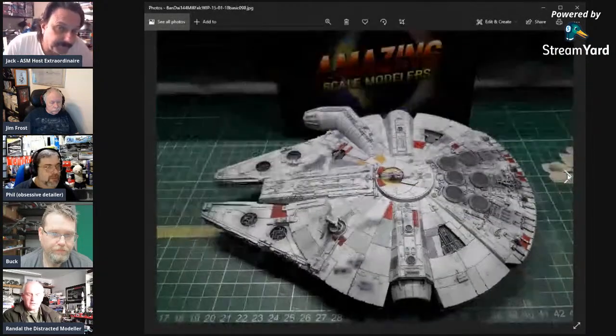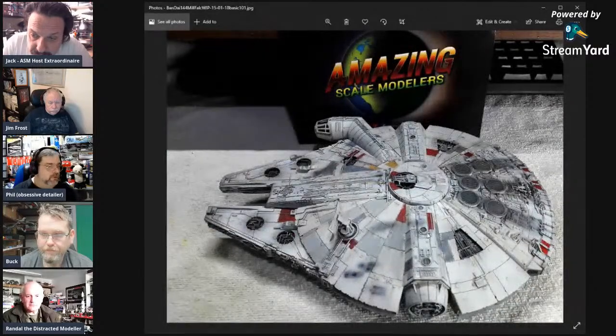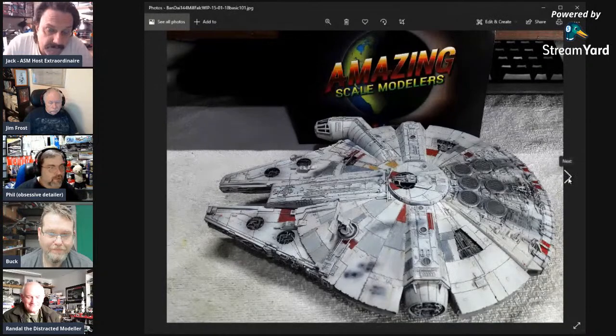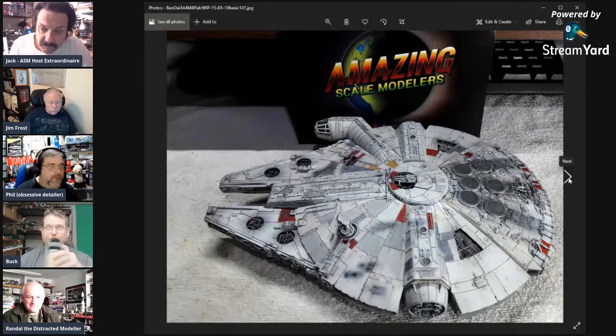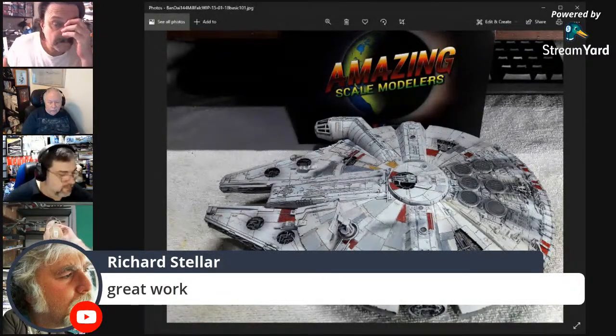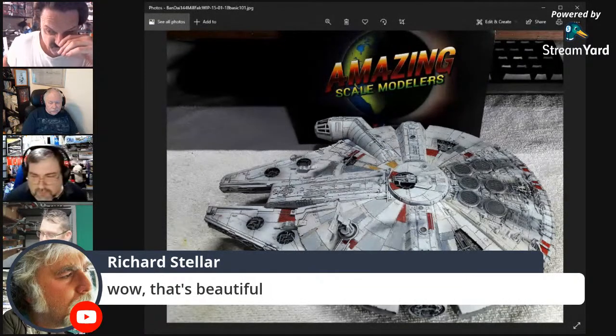Yeah. And basically, as I say, then the whole thing was weathered up. So there's some Starship weathering. I kept it more subtle. A lot of people tend to very heavily weather the Millennium Falcon. But I just kept it to sort of grubby patches, and I thought it was a combination of